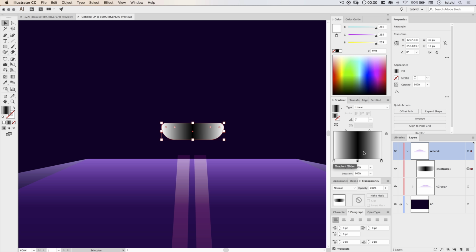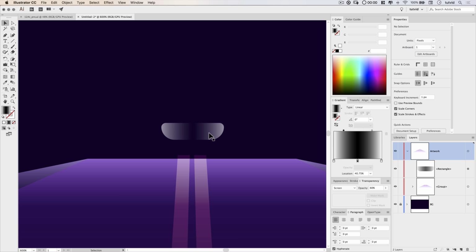So we essentially have our white to white gradient. You're going to see exactly how this will work in a minute. We can use the sliders to just push the white back a little bit and expand the black through the center there. And all we need to do is set this shape to the blend mode of screen. It's going to drop away the black, and then reduce the opacity to something like 60%. So there's part of our grill.